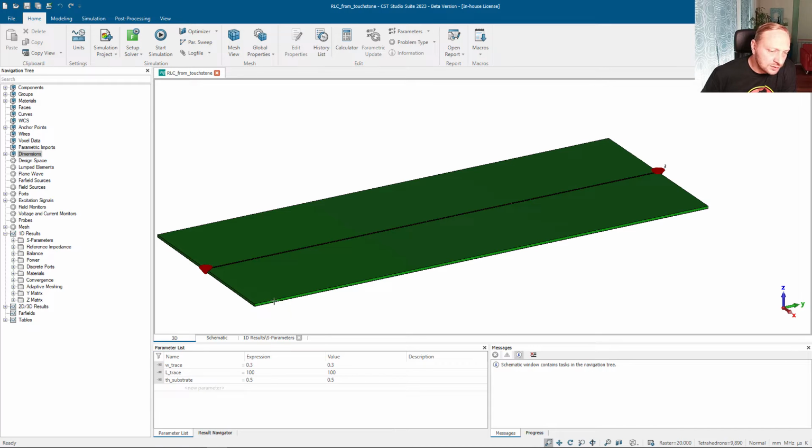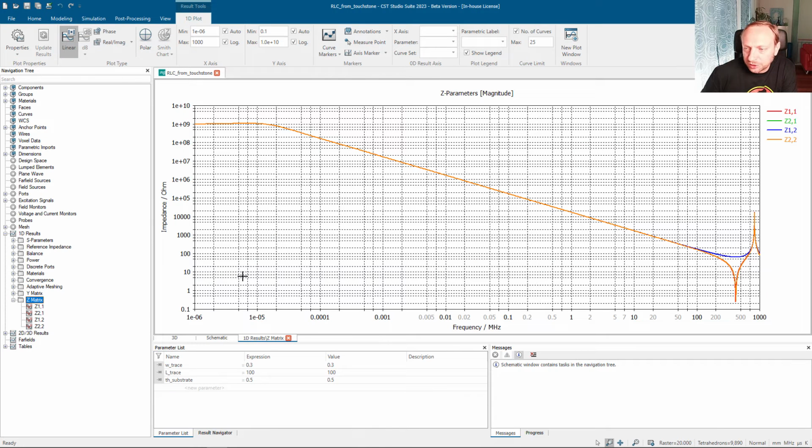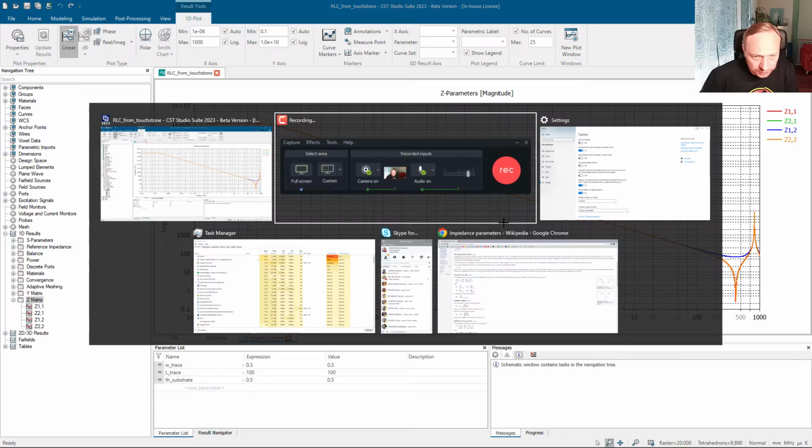The inductance itself is of course given by the Z parameters, but if we have a two-port setup, how will the Z parameters look? Like this. Those are the Z parameters. And people tend to say, hey, did something go wrong here, why do I see such a high value? But that cannot be the impedance of the loop. And it is not, because these are the two-port Z parameters. And if you look up,